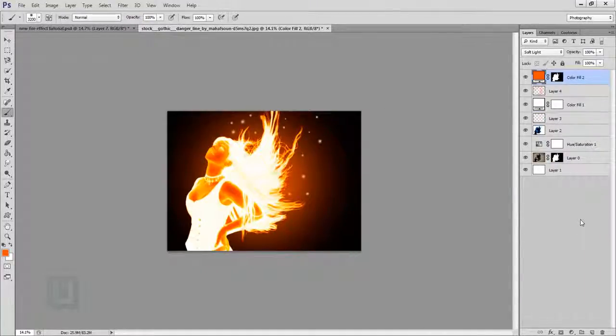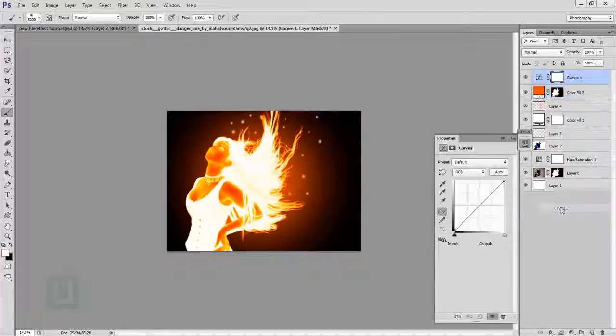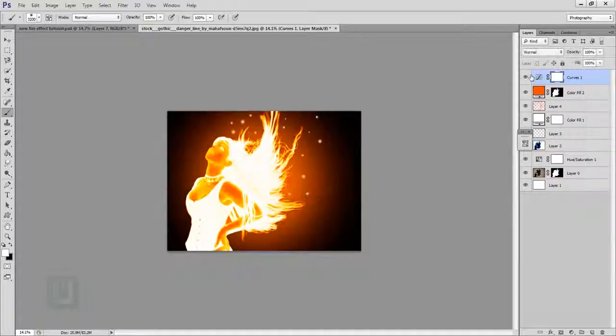So after that's done, this is the time for the final step. So go here to adjustment layer and select curves. And in the curves, you can make it brighter or make it darker, whatever type of effect you want. So I'm gonna go with a slightly brighter one from here like that. Don't overdo it, otherwise it just doesn't work out. So keep it in control like that, and then if I turn it on and off, you can see the